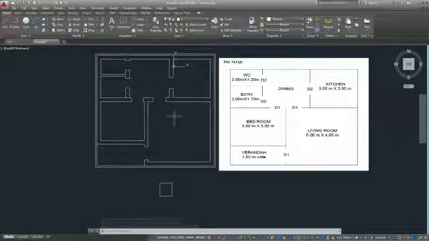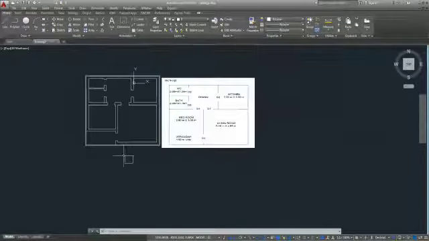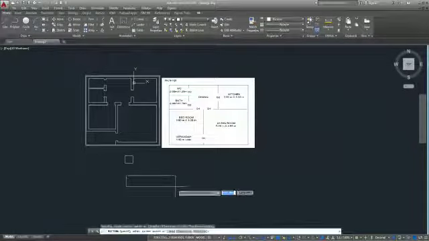See. Now what you have to do? You have to provide the windows. Though windows are not shown in the drawing, we have to provide windows. How to provide windows? Create a rectangle. So window width. Now this is 10 feet. For a room more than 10 feet, the window should be 5 feet. So I will create a window that is 1500. Enter.